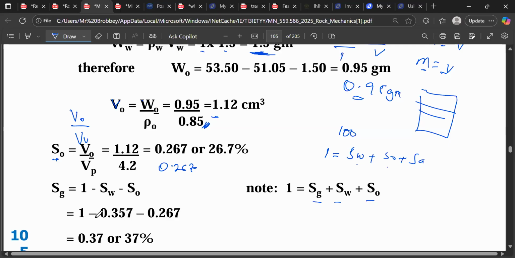When we take them out of 1, we are going to get 0.37. And when we take it to percentage, as we want to say the degree, we are going to get 37%, right? So in other words, the void spaces that are contained in the soil matter,